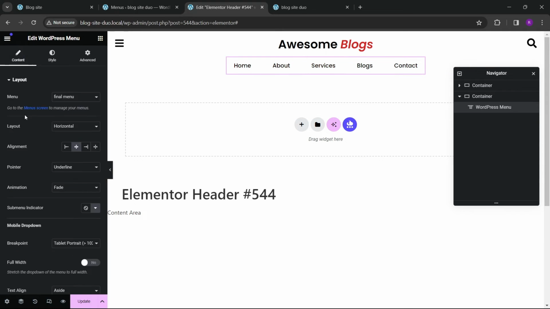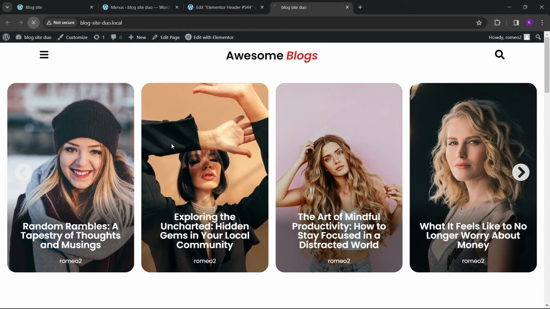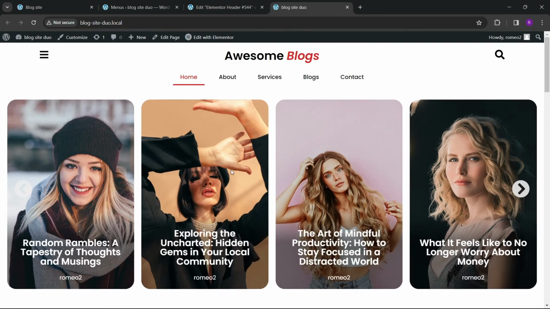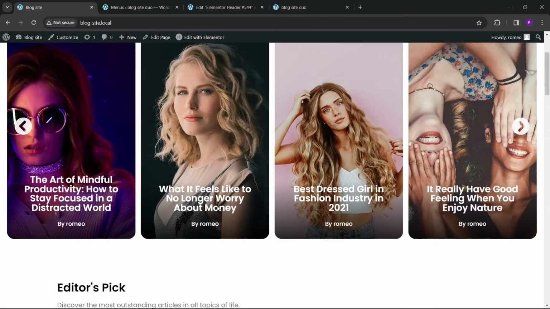Okay, so now you can see that we can change here animation property. Suppose I want the overline, so it will give me the overline here also, frame, background, so many options. And for this let's show the drop in, so you can add so much from here, so slide option. Okay, so like that. Let's update and let's refresh our home page. Okay, so you can see that our menu is ready, but here you can see that the menu sticks at